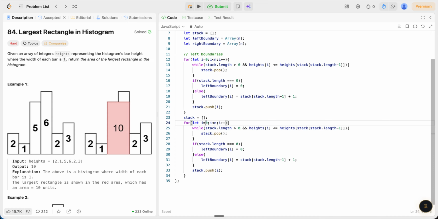So we start from n minus 1, I greater than or equal to 0, and I minus minus. The same case here, it would be right boundary, and right boundary here will be n minus 1, here it will be minus 1, and then we push the value after that. Now we will have an answer which is 0 currently, and then we'll iterate over all the heights, and we'll keep updating our answer with whatever is the max between answer and